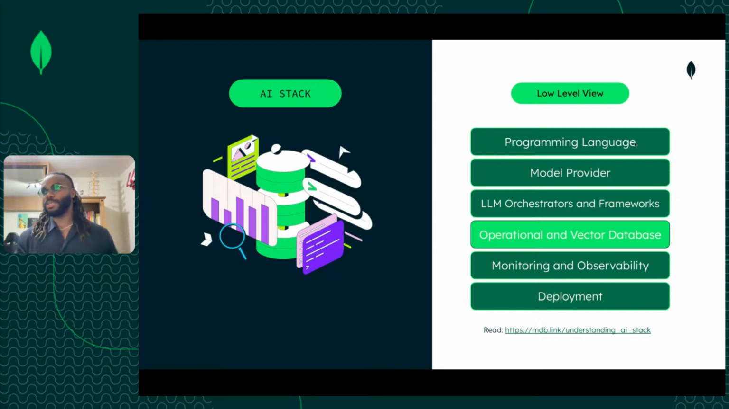But also, the model provider is an important consideration for the AI stack. A lot of people are debating open source versus closed source, fine tuning, what model should I be using, embedding model, and there's so many considerations when you're thinking about your model provider. Then we have LLM orchestrators and frameworks. This is where LangChain, LlamaIndex, Haystack, CrewAI, AutoGen live. They help you build this LLM